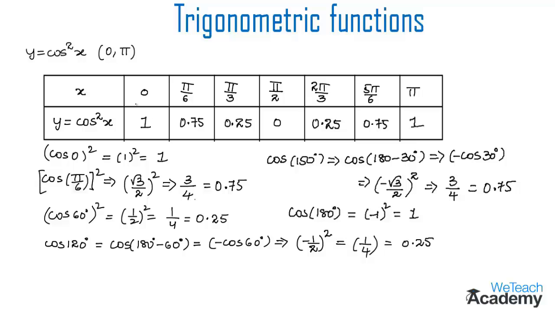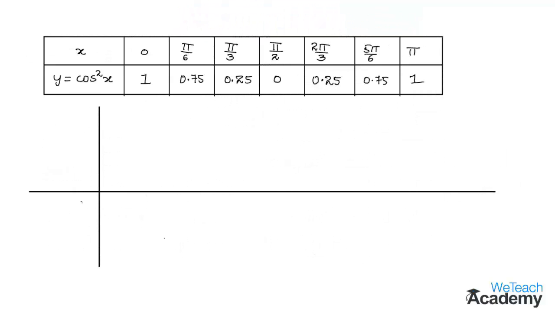And now let us plot these points in the coordinate plane by writing the values of x, that are radians, on the x-axis, and the values of y on the y-axis. Here there is a coordinate plane where the vertical line is called the y-axis and the horizontal line is called the x-axis. Now let us write the radians on the x-axis, and then plot the different values of y corresponding to the values of x on the coordinate plane.